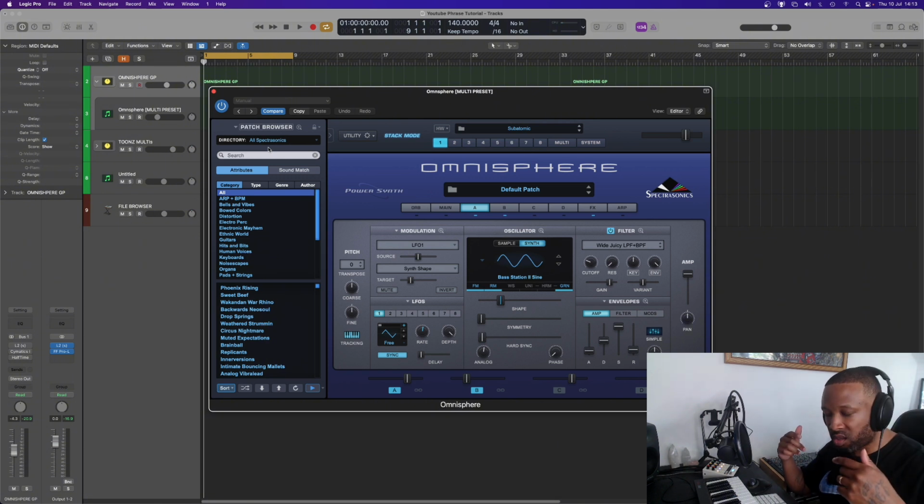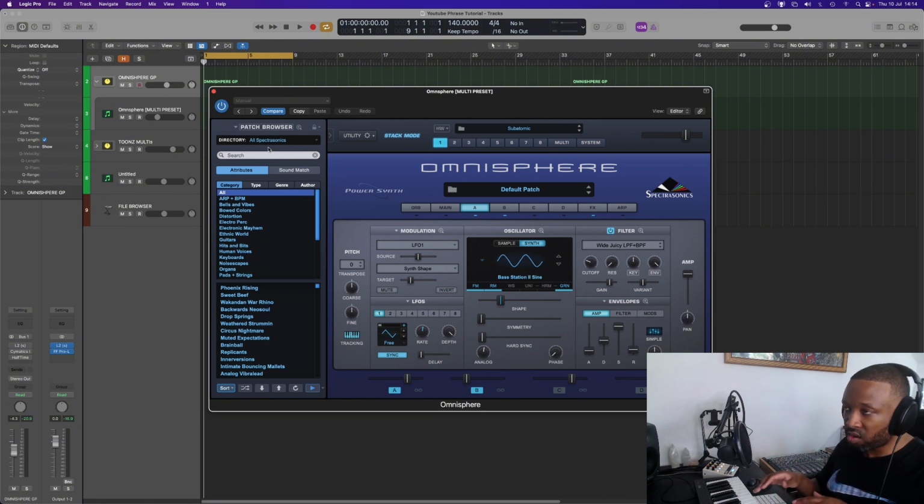What happens then is you become more in tune with your tastes. You begin to discover how you like to hear sounds. This is why I can't stress enough: the two focus points are sound selection and learning how to play keys, and then from there everything else just falls into place. So with all that being said, I'm going to lay down a quick melody,